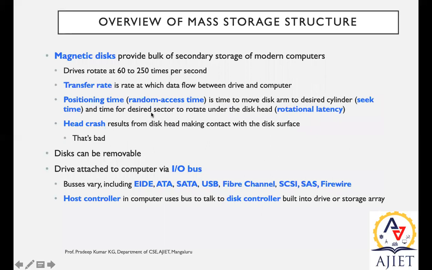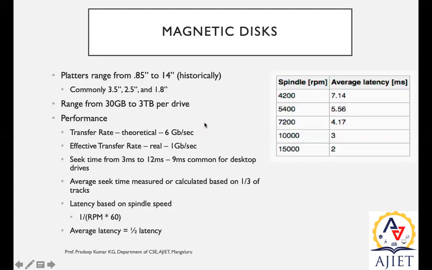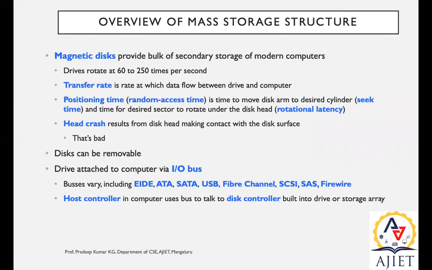The second part is the time for the desired sector to rotate under the disk head. Rotate the disk under the disk head for a particular sector. Consider the situation now. We may have kept a particular file over here. So we have a file in this particular disk. We identify the disk in this cylinder, and there's no need to move the head further. However, the platter will rotate, from this particular point to over here. That is the second part, rotational latency or delay in rotation.